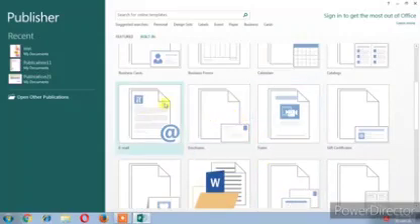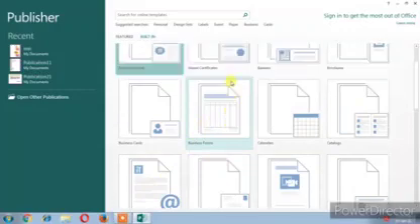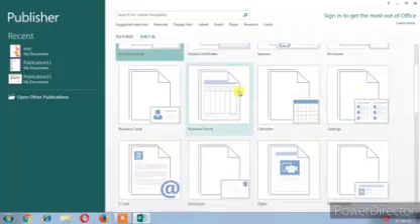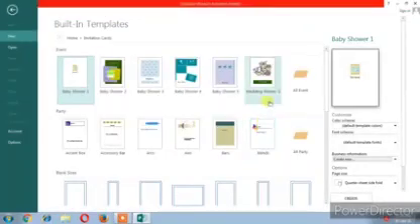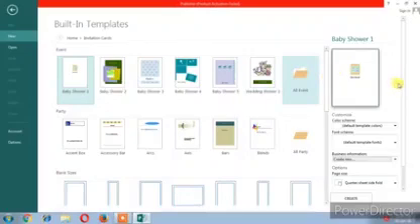You can choose desired templates. We can create a birthday card for our friends, or we can choose greeting card thumbnail from built-in options. And also we can create any desired templates. You can select the template, it will appear on the right side of the window.